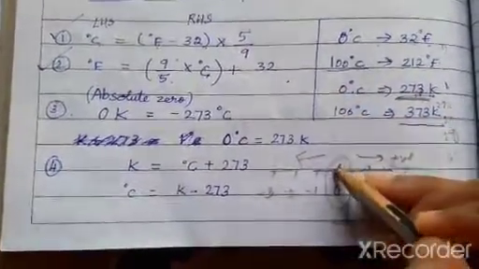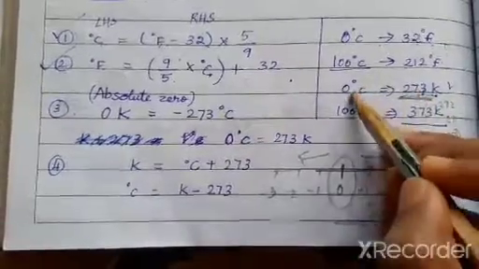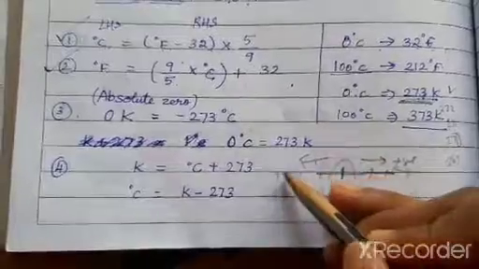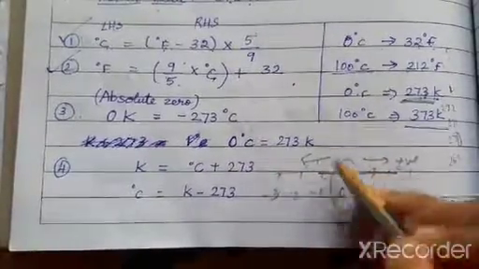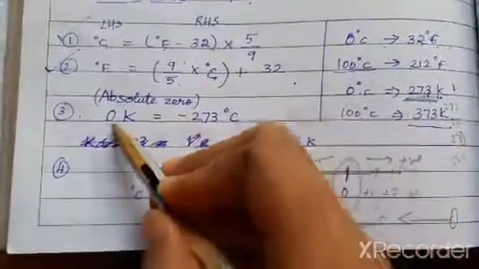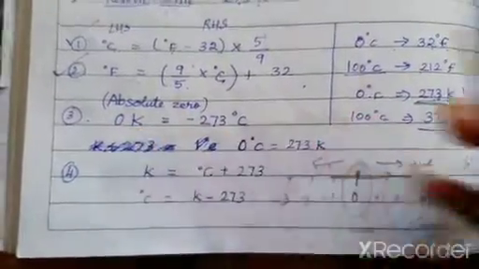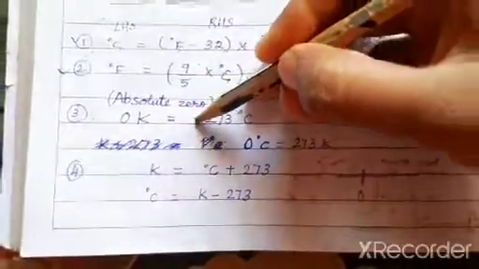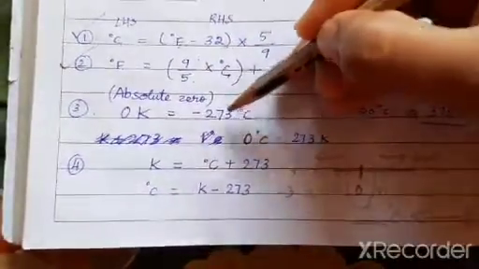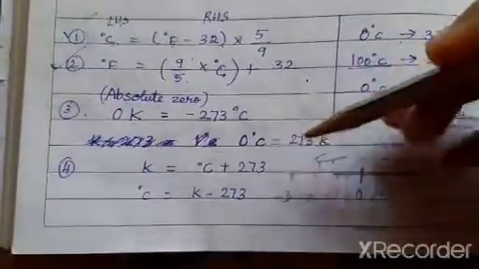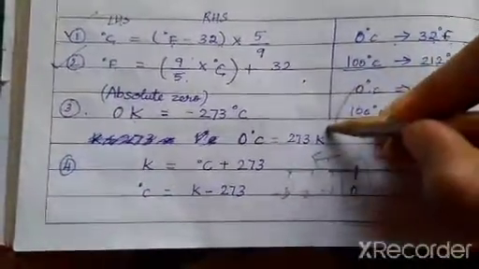So for 273 it is 0 in Celsius. Now if I keep on decreasing, it starts to move to this side, the left hand side, and reaches the negative values. And that is why you got the absolute zero temperature value in Kelvin scale, that is 0 Kelvin is equal to minus 273. Did you understand why you got the negative sign here? Okay. Then the same thing I have written here.